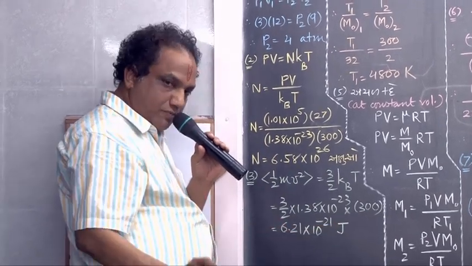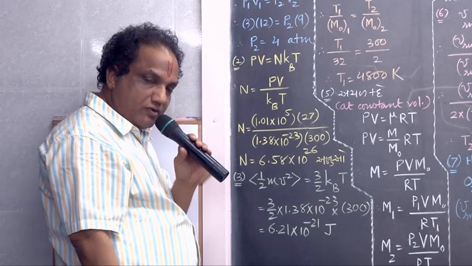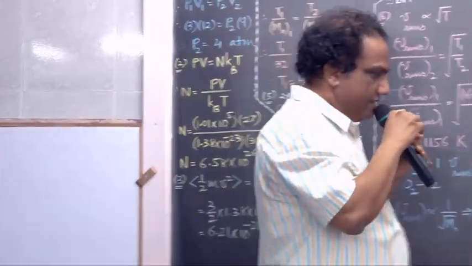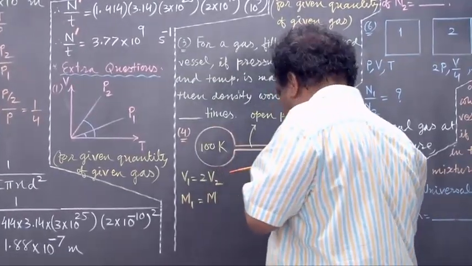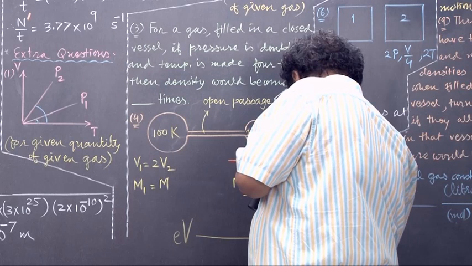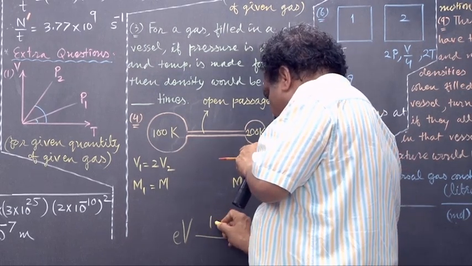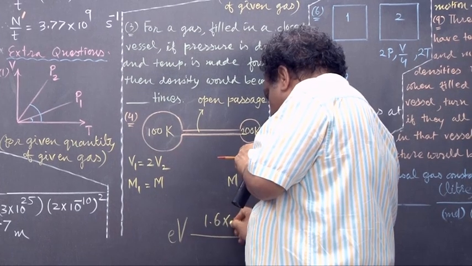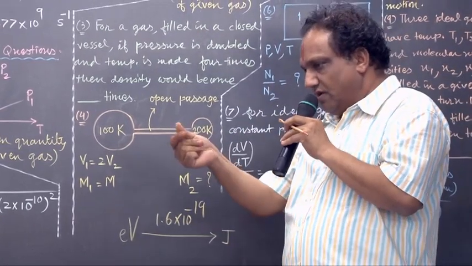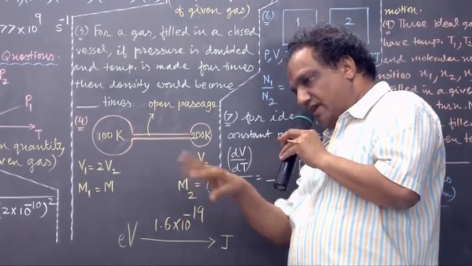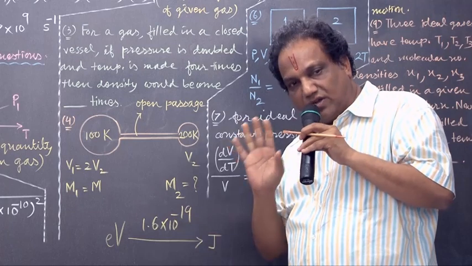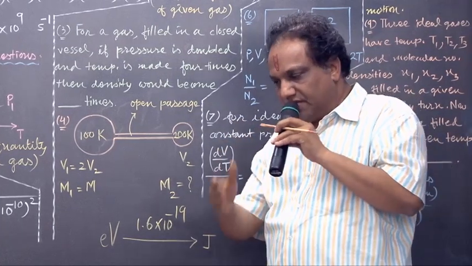Suppose they ask this energy in electron volt. I have given everybody that big chart. In that chart you will find this sort of conversion. Look, electron volt value, if it is to be transferred into joule, then this electron volt value should be multiplied with 1.6 into 10 raised to minus 19. So going from electron volt to joule, you will multiply, but in reverse, going from joule to electron volt, you will divide by the same value. If at all they are in electron volt, then only. Okay, next.